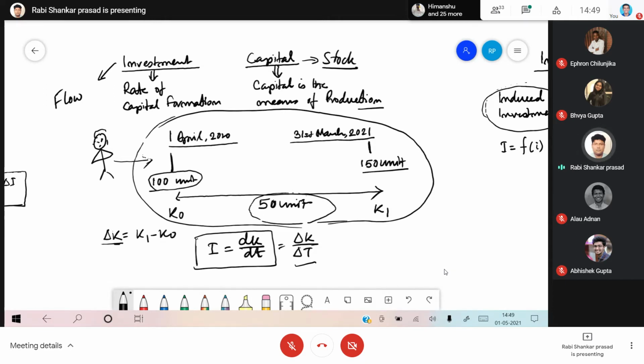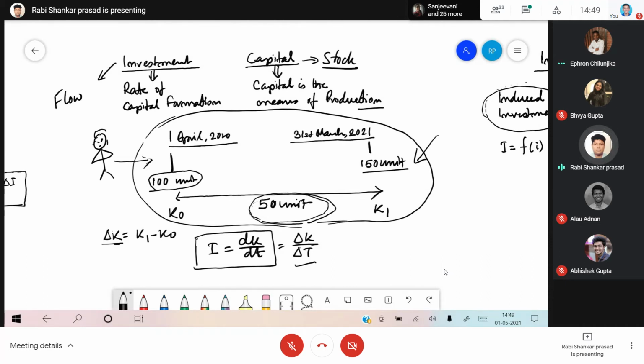Fine. You left the plant then. Normal functioning is happening in the plant. All the development process you are doing, you are increasing the production potentials. You've done so many things. Again on 31st March, the last of the year, you enter the plant again and check how many machines there are. You got 150 machines. It means during this particular 1 year, you added a total of 50 more units of machines in the plant. Am I right?